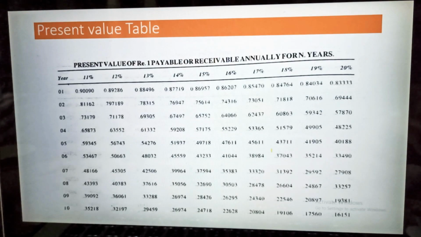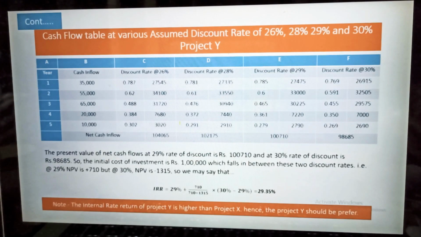Now come to project Y. Here also I have taken the present values 18.87 and 76. See, this is project Y. The same way we will do this. You can see in this case I have taken 26%, 28%, 29% and 30%. Why? Because I tried but it was not reaching that level, so I increased. You have to increase the percentage until your value is equal to your initial outlay. So I have started from 26%. You can see here 26% in the C section, then D section 28%, then E 29%, and then F 30%.